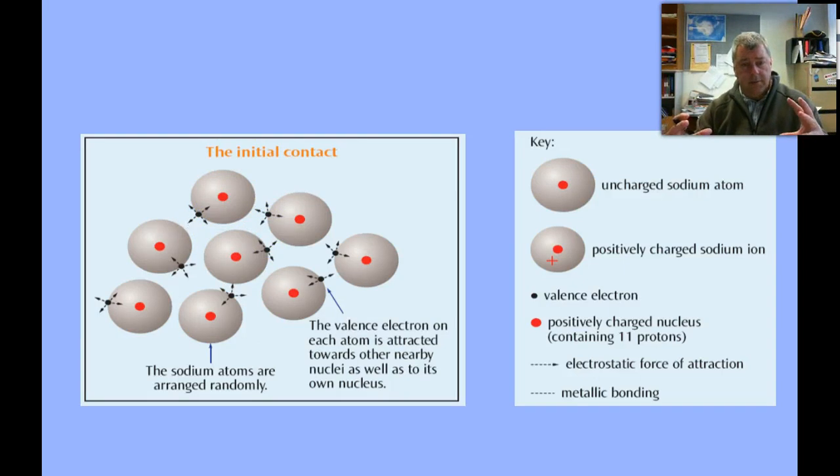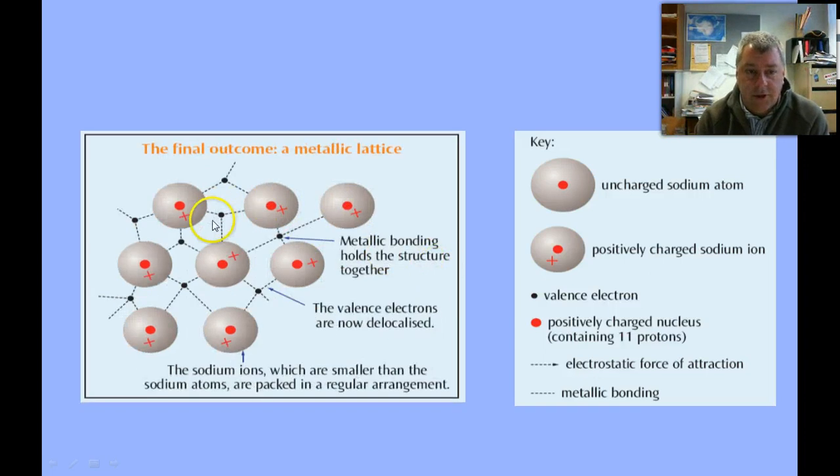So the atoms come in from molten metal, cools down. The atoms have outer shell electrons, and as they come closer and closer together, these outer shell electrons suddenly find themselves attracted to these other nuclei. Then, once they reach a certain stage, these electrons are stripped off, form the cations, and